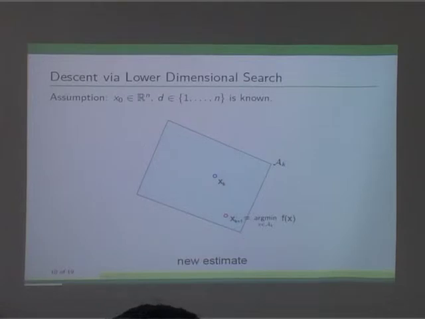Those things I will discuss. I have not yet discussed it. If d is 1, then it will be a line passing through xk. It will depend on which direction you choose. If you choose the gradient, then it is the gradient descent. Otherwise, it's not. I am not restricting myself that you should choose the gradient. That's the difference. I am not restricting myself that you pick this direction specifically. If you say I want to move in the direction given by the gradient itself, then it's the gradient descent.